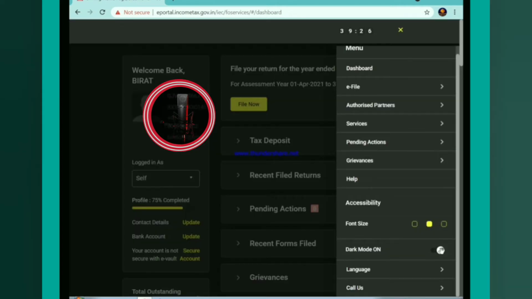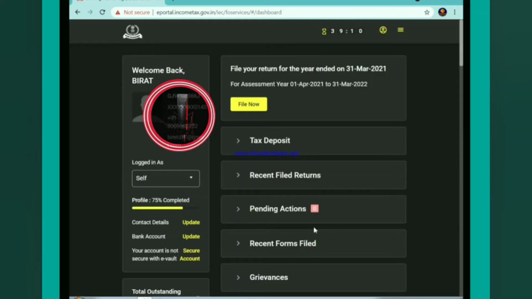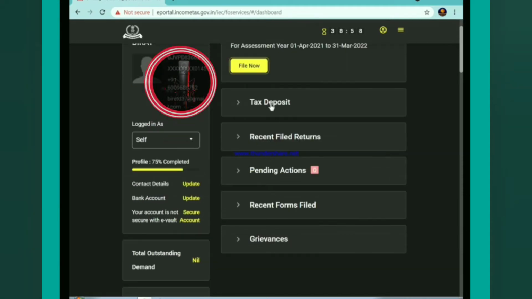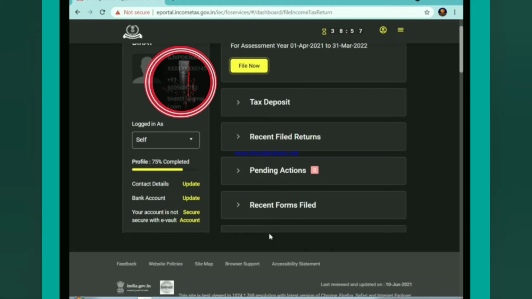See this dark mode, it looks very cool. We will continue with this dark mode as I like it. Okay, we will choose file now. If you have any questions related to these boxes, you can ask me later.